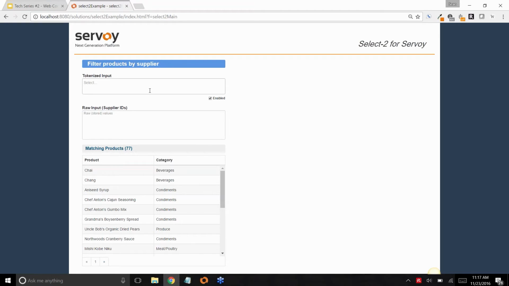So what I have here in this example is a form which is showing my products in a grid down here. And what I want to do is be able to quickly select some suppliers that supply those products and filter the products by all the suppliers that I've selected. So I have the tokenized input here, and then I have the raw input, which is just showing what is actually